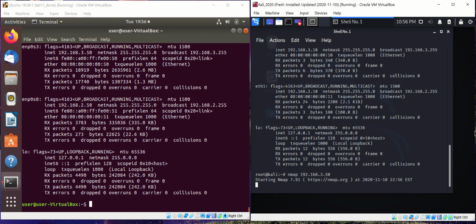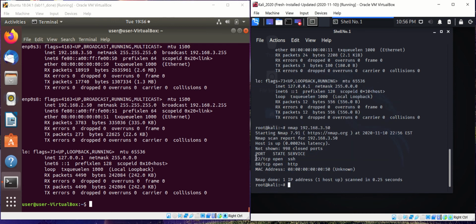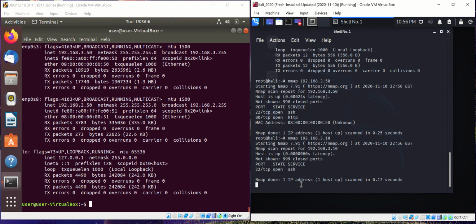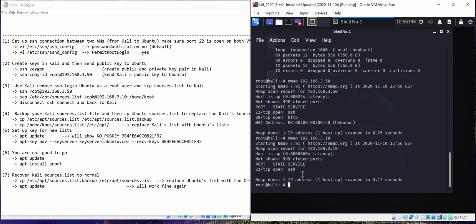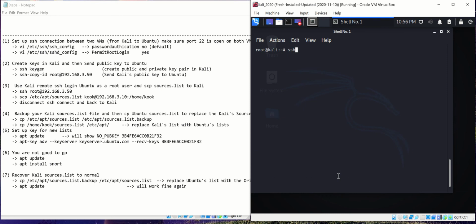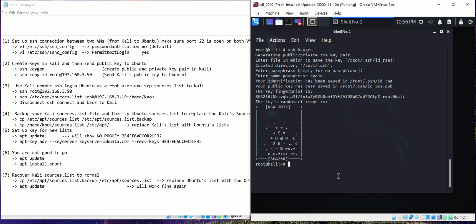.3.50 is my Ubuntu. Okay, 22 is open. Good. .10 is my Kali. Okay, 22 is open on both. Right now I can try to make an SSH connection because port 22 is open on both. So I will clear the screen first. Okay, ssh-keygen, generate a key pair. Okay, for the random art I'll leave it as default. So after creating the key,